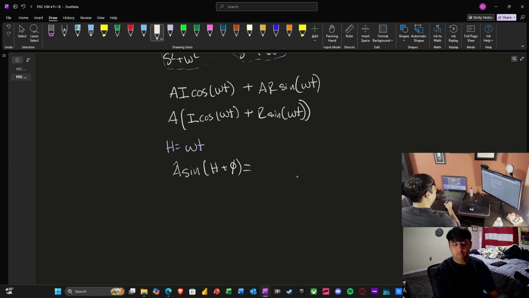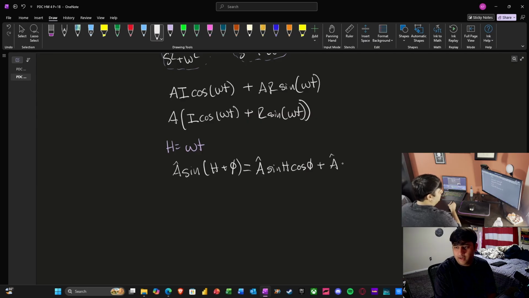So it's a bit of an interchangeable expansion. So a hat times sine of h cosine of phi plus a hat times sine of phi times cosine of h, where